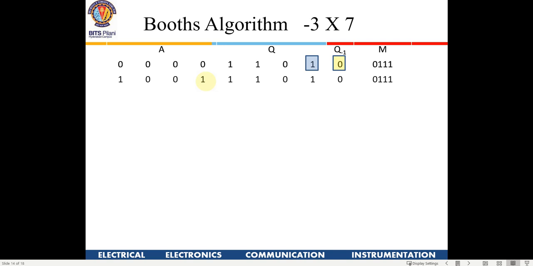Is this aspect clear to all of you? All of you remember Booth's algorithm, you did it in your exam also, right? So this 1 0 0 1 is nothing but A minus M. From 0 to minus M, we get this number, right? And this is written as it is down, and then we do one shift operation.